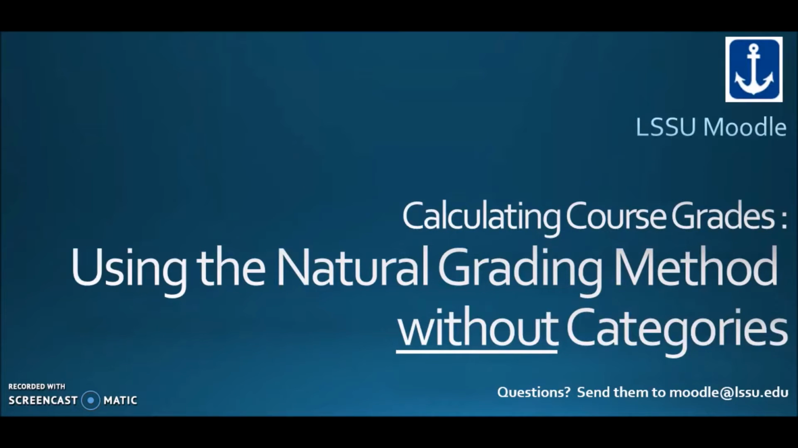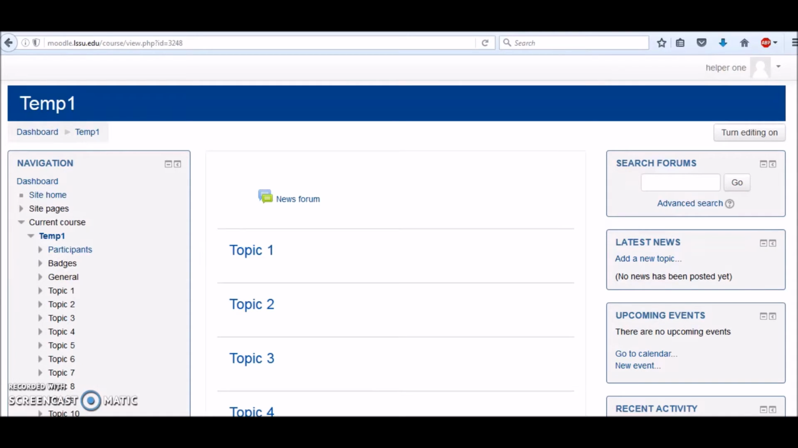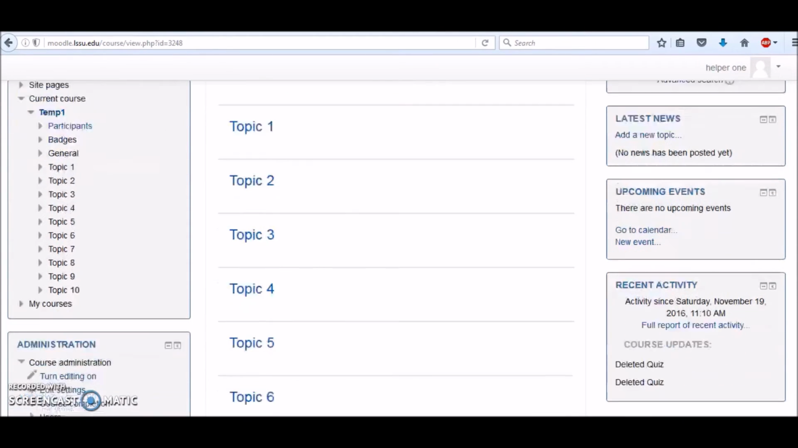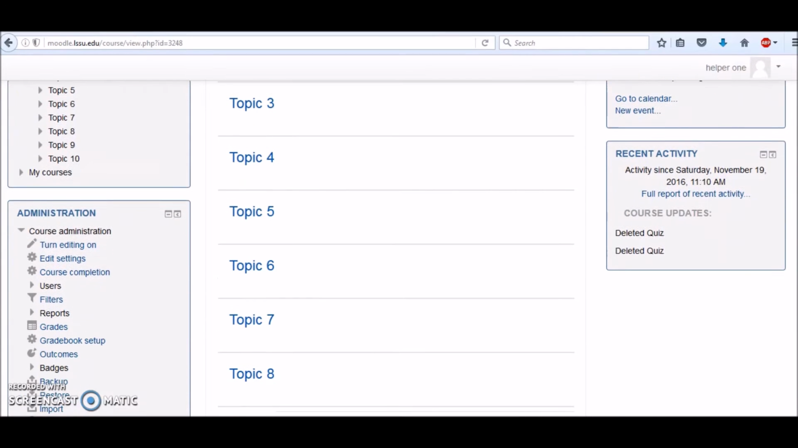In this video, we'll see how we can set up the gradebook using the natural grading method with no categories created. In this example, I'm in a blank course with a couple of fictitious students added to the course. So to go ahead and set up the gradebook, we want to navigate to the gradebook, and the gradebook links